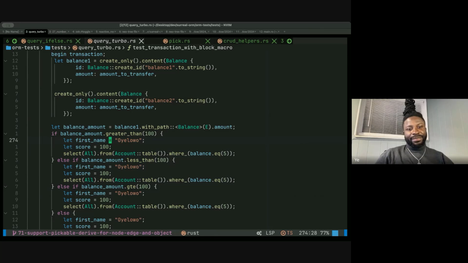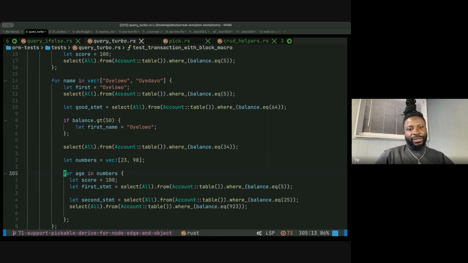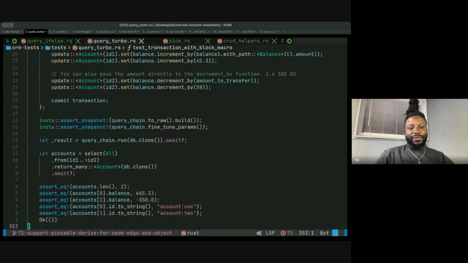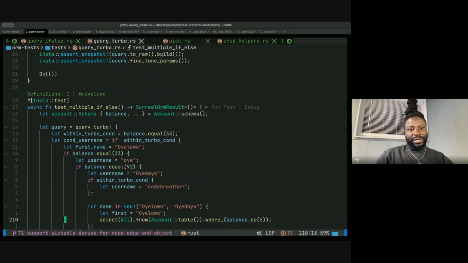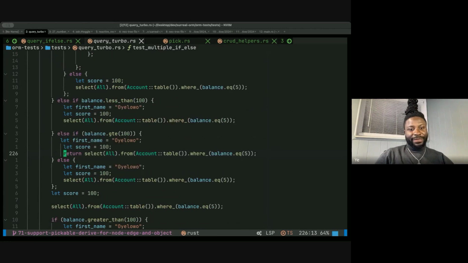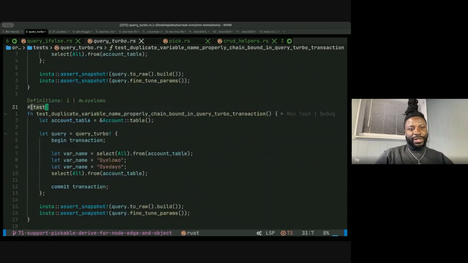So we're accessing the balance amount that we created earlier, and we have an if else statement with else if, and then we have a for loop, and we have an if else statement within that, and a nested for loop, and we have another creation within that. So you can have very complex queries. You can pretty much just keep on nesting. Here we have 3-level nesting of if statement, or even for. We have a for loop within that date level. So this allows you to write very, very complex queries without